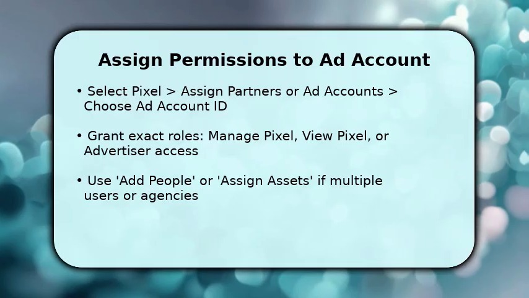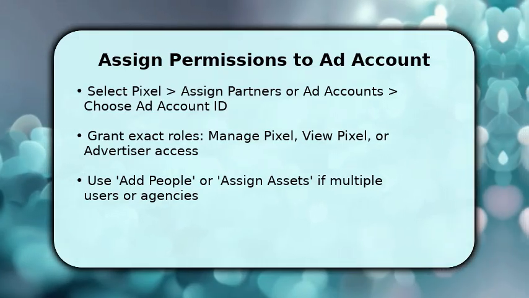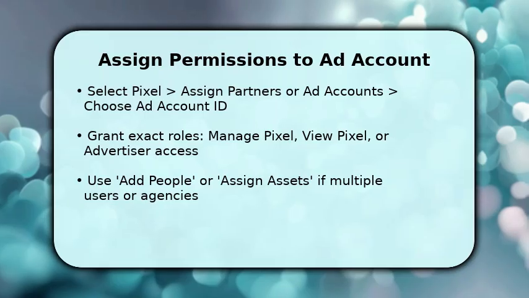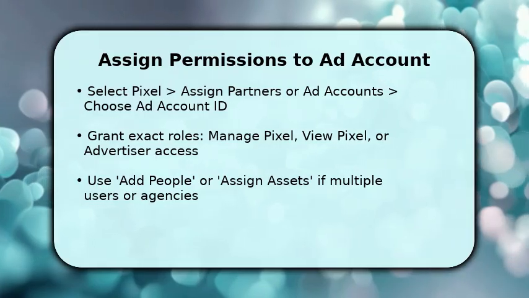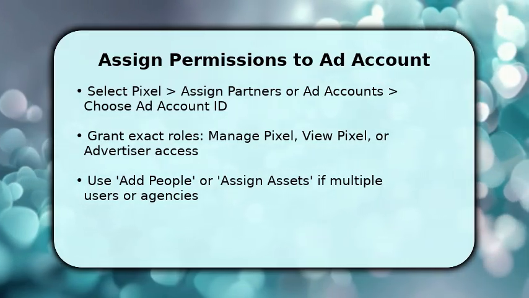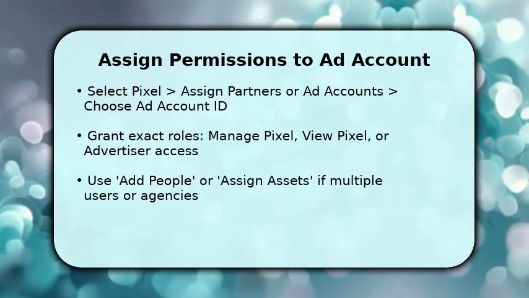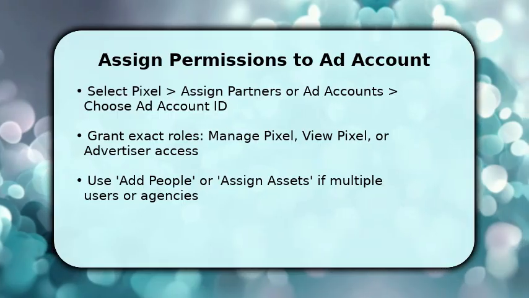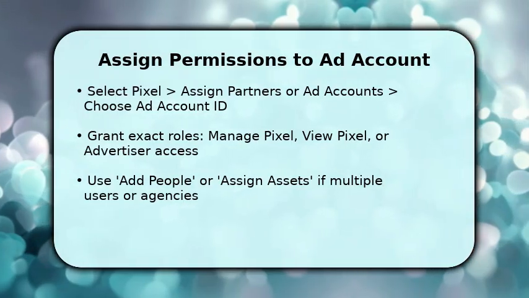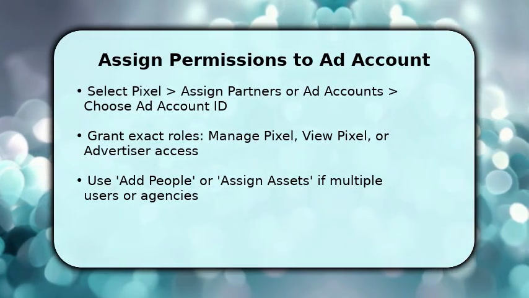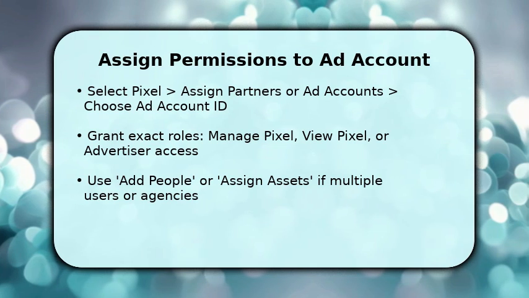Grant roles intentionally. Manage allows full edits. Advertiser lets the account use events for campaigns, and view only for diagnostics. Once you pick the role, confirm and save. This triggers access without moving ownership. If an agency or multiple users need access, use Add People or assign assets to grant individual level roles, so